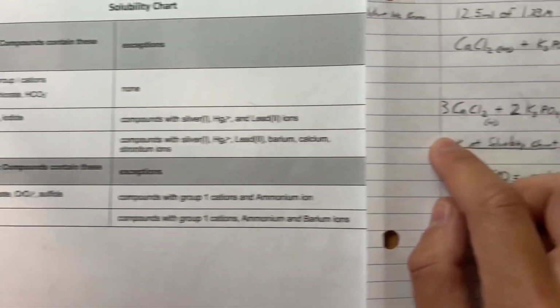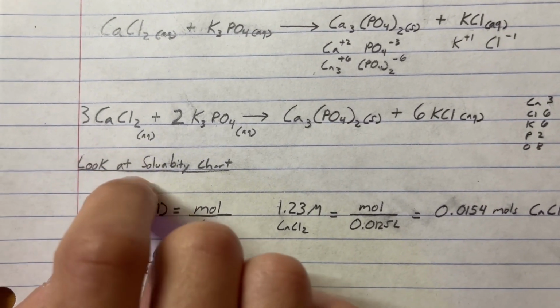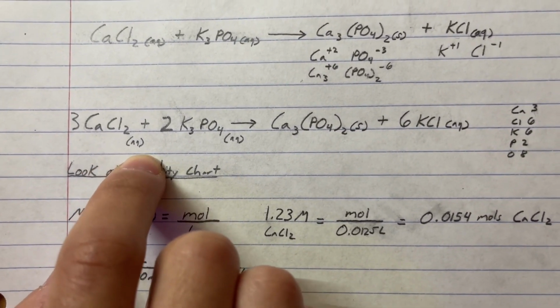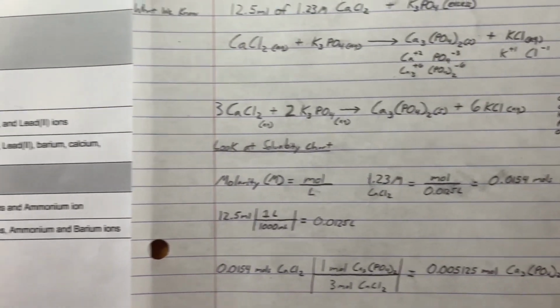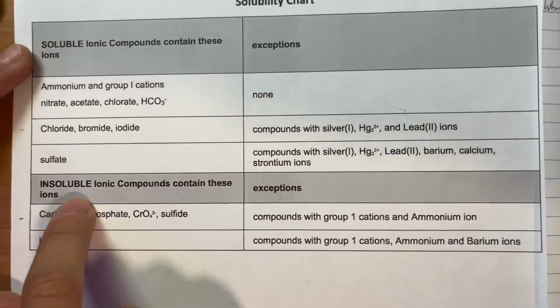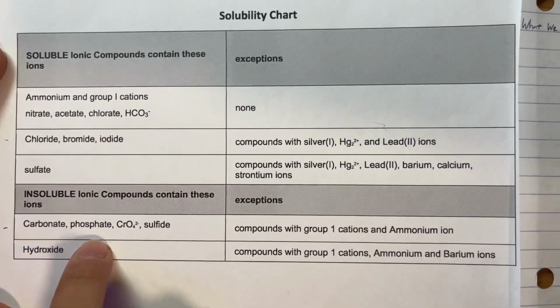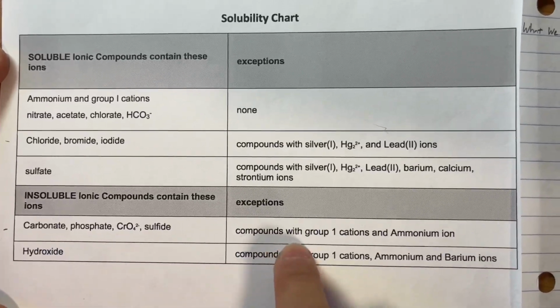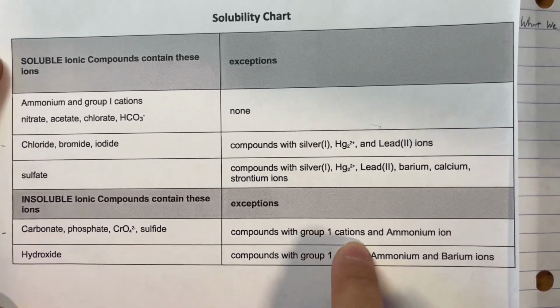And if we look at here, calcium chloride is not an exception. Therefore, it is soluble and it is aqueous. Looking at phosphate here, phosphate is insoluble, which means it will not dissolve. That's why. But if you look at the exceptions, it will dissolve when combined with a group 1 cation or